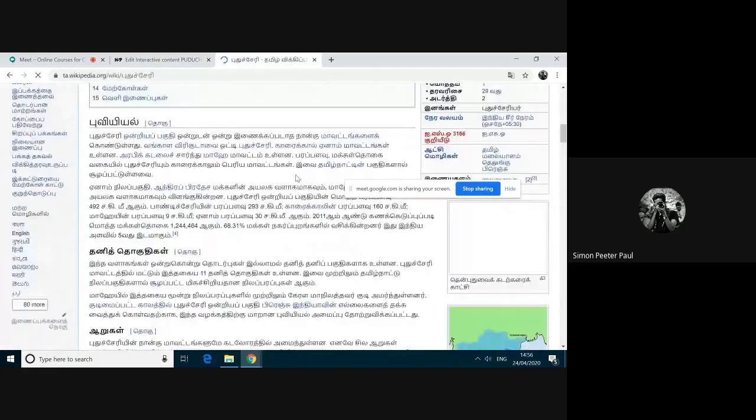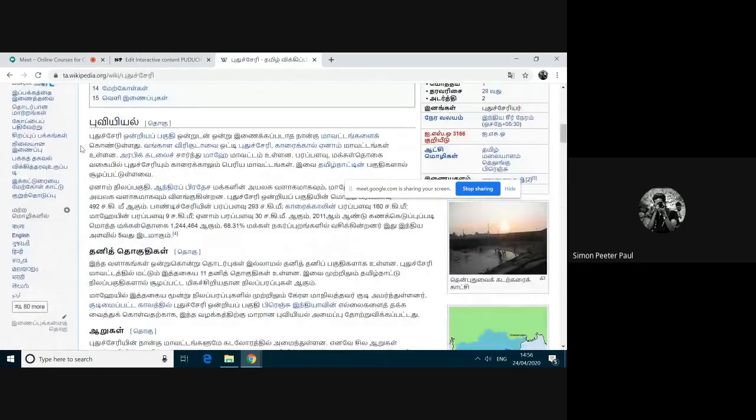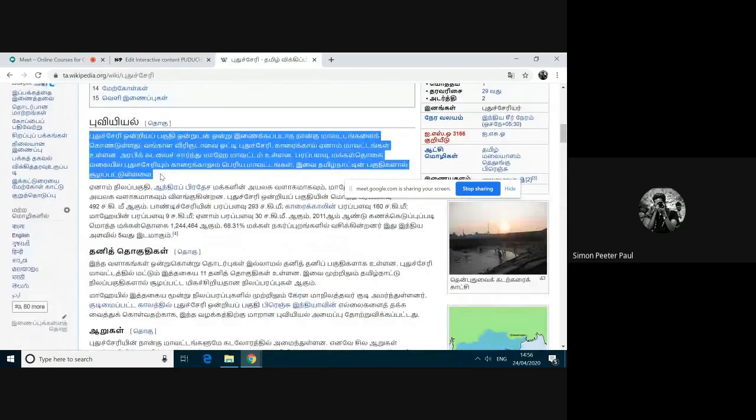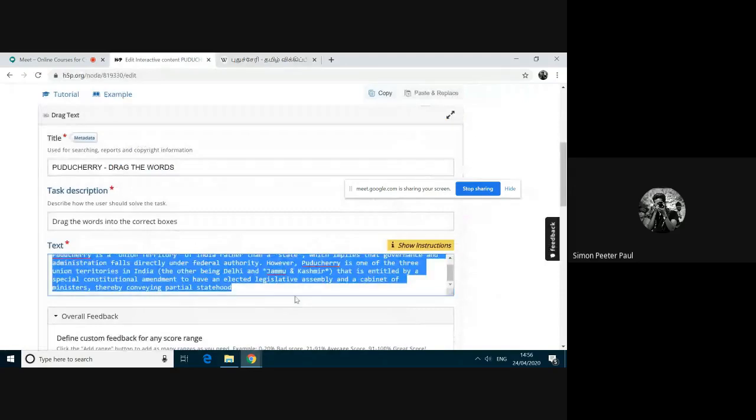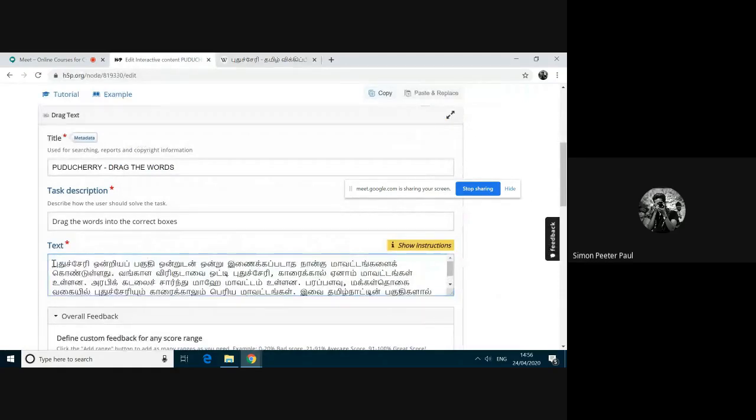Puducherry. Okay, here I'm copying this Tamil. Instead of this, I'm pasting here the Tamil. I can put an asterisk. Sorry, I forgot this one.